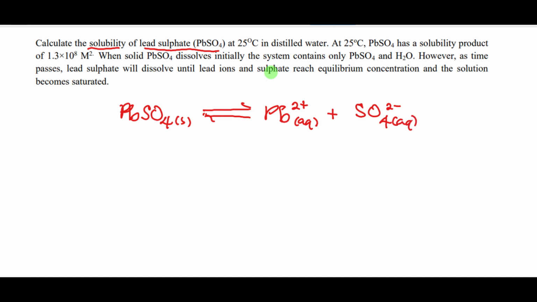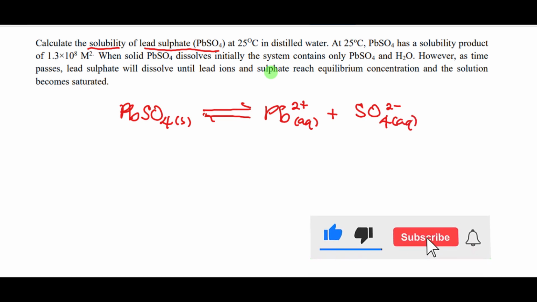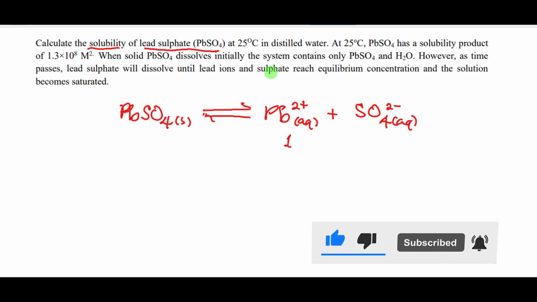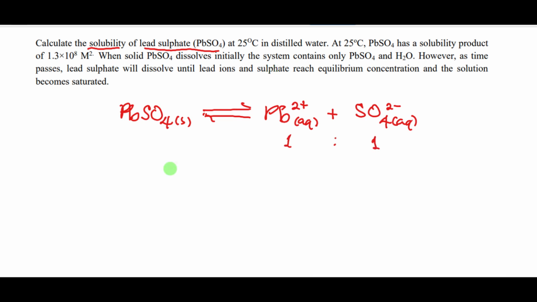Then what's the mole ratio here? The mole ratio here is 1:1. Just like equilibrium constant expression, we can write the solubility product expression for this salt, which will be Ksp